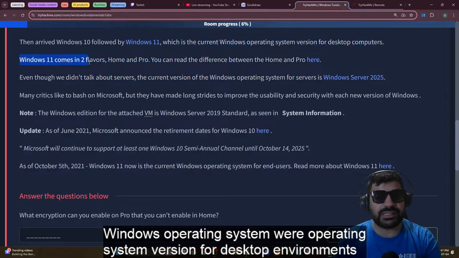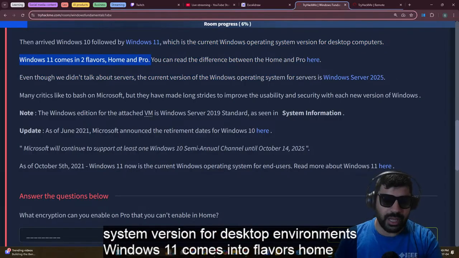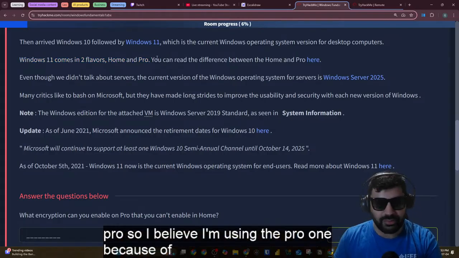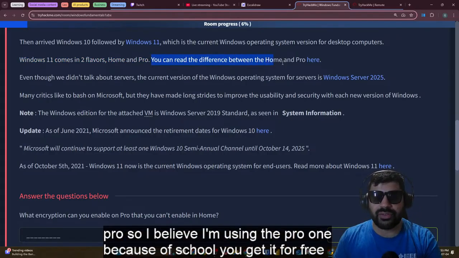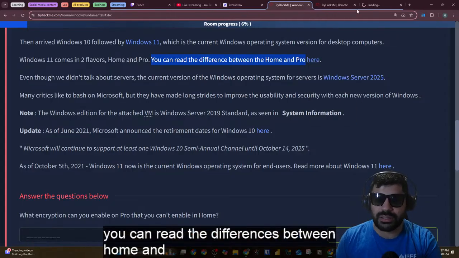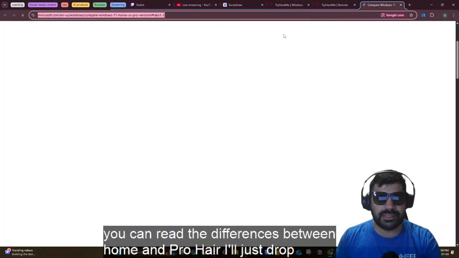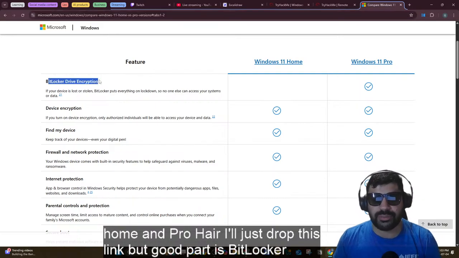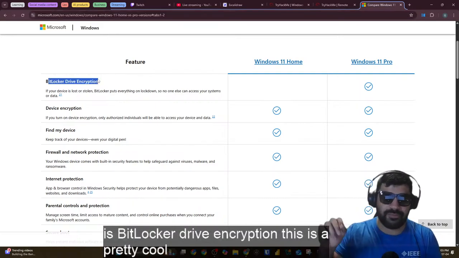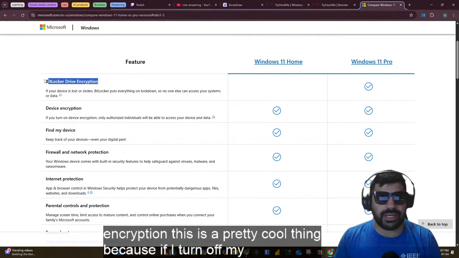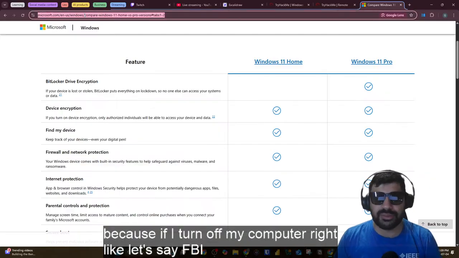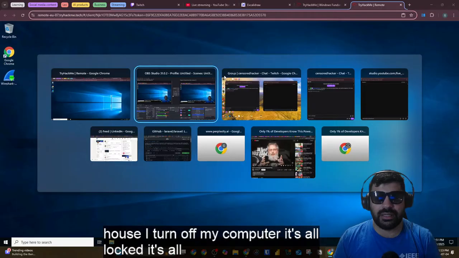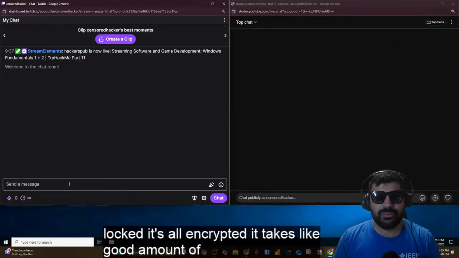Windows 11 comes in two flavors, Home and Pro. I believe I'm using the Pro one because of school. You get it for free. You can read the differences between Home and Pro here. I'll just drop this link. But the good part is BitLocker drive encryption. This is a pretty cool thing because if I turn off my computer, right? Let's say the FBI can come into my house. I turn off my computer, it's all locked, it's all encrypted. It takes a good amount of time to start my computer,